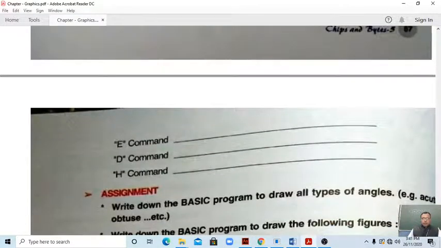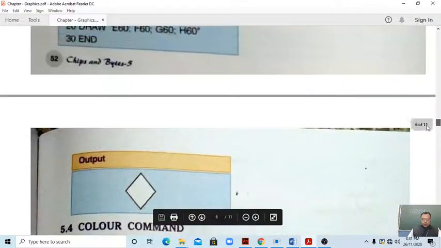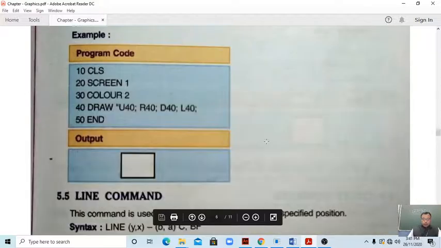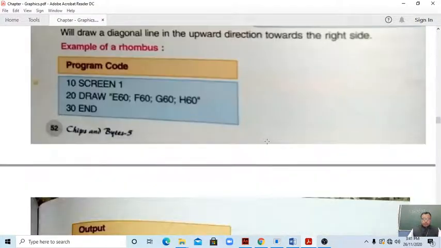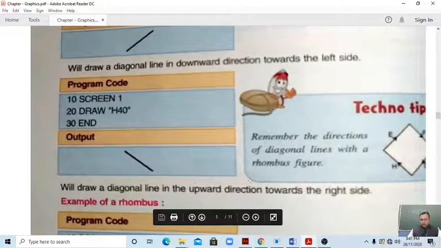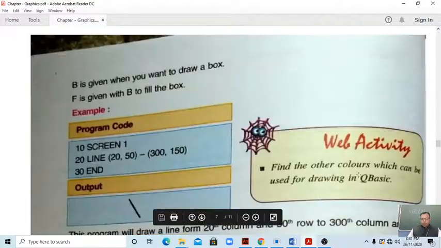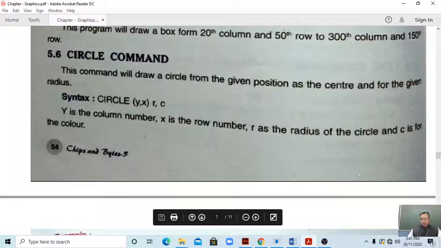Okay, and H for what? You can see students, H is also given. Yes, H is toward the right side, upward direction toward the right side. Okay, so now this thing you have to write in your book. After that, there is given, students.